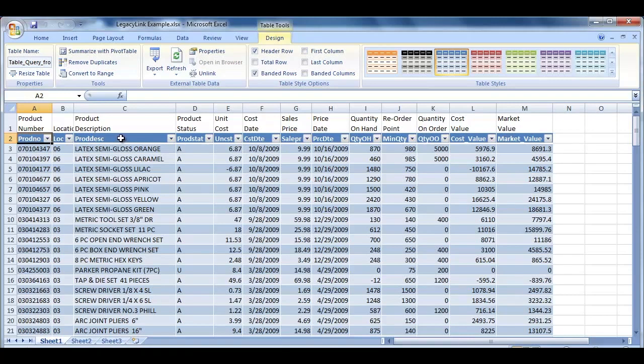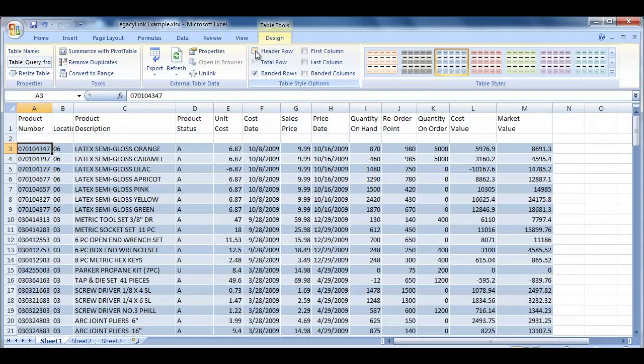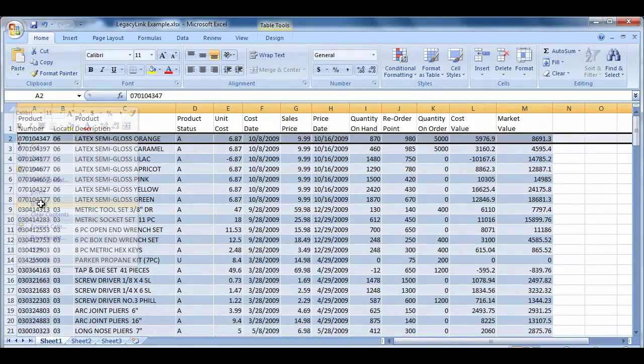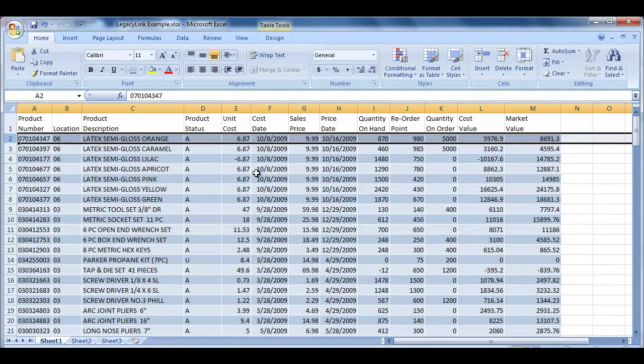This is the default names of the columns, but we don't need those because we've already created our own column headers. So I'll just go to the Design tab and turn off the checkbox for header row, and then I can delete line 2. Okay, so I've got my data imported into Excel using my pre-existing column headers, and now what I'd like to do to make this really